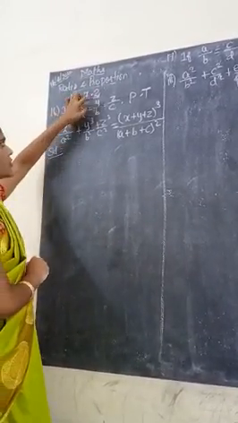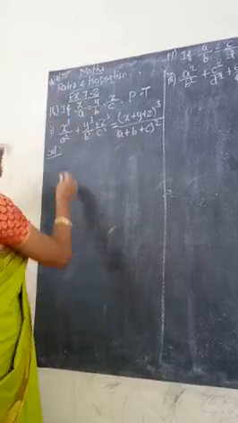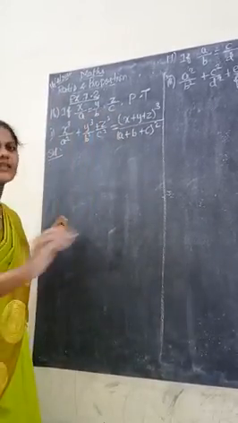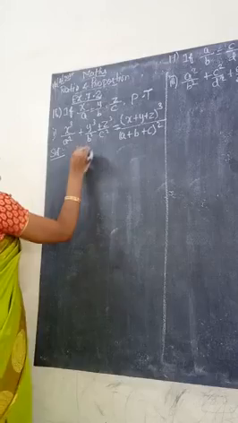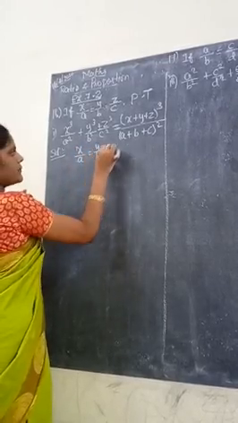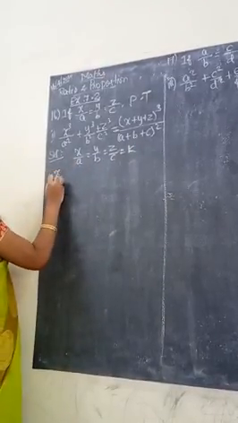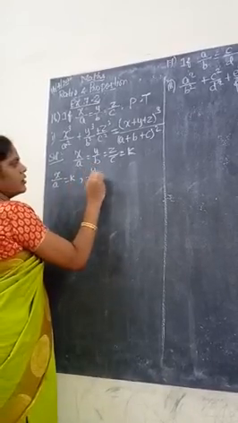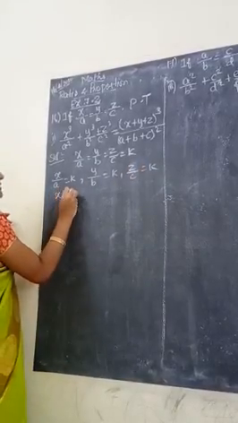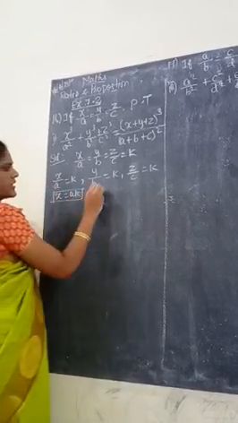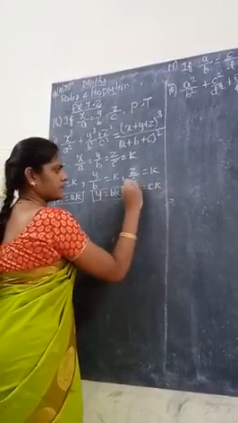If x by a equal to y by b equal to z by c, prove that left hand side is equal to right hand side. So the solution: first, whatever they have given, you need to consider that term as equal to k. So what is given? x by a equal to y by b equal to z by c is equal to k. After that, split the terms separately: x by a equal to k, y by b equal to k, z by c equal to k. So x is equal to ak, next y equal to bk, next z equal to ck.